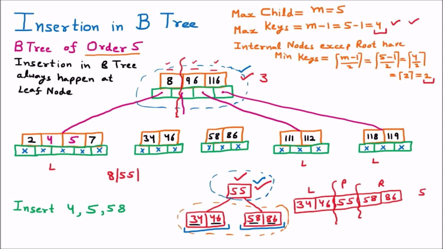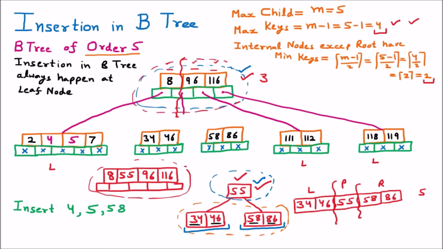Then afterward 96, which is an existing element, will come, and 116, which is an existing element, will come, and this will become the new node which will be having the 4 keys. And obviously if we are having the 4 keys, they will be having the children also, so it will be having the provision of the 5 children. So we are going to take out this node, and this node we are going to replace with this specific node, means the top node we are going to replace with the new node which is having the new values. So we are replacing it.